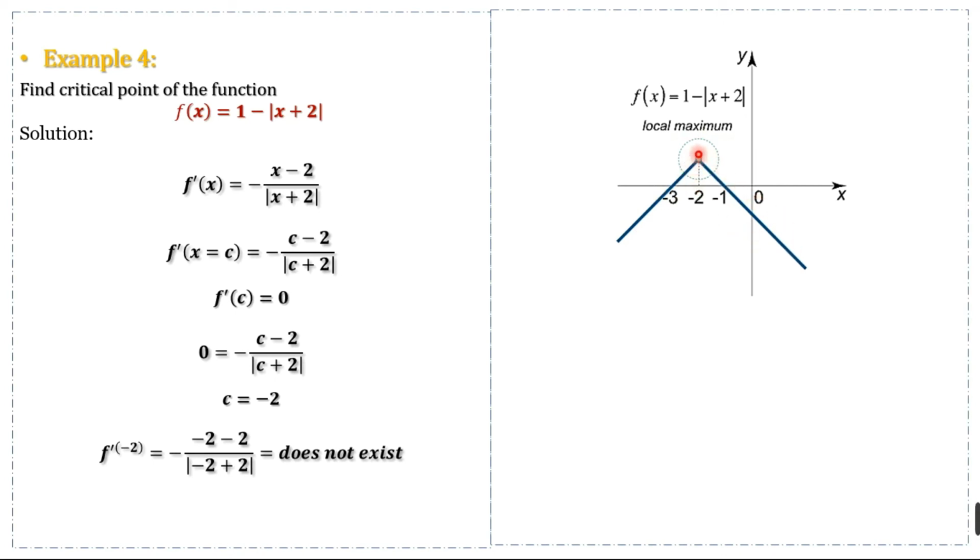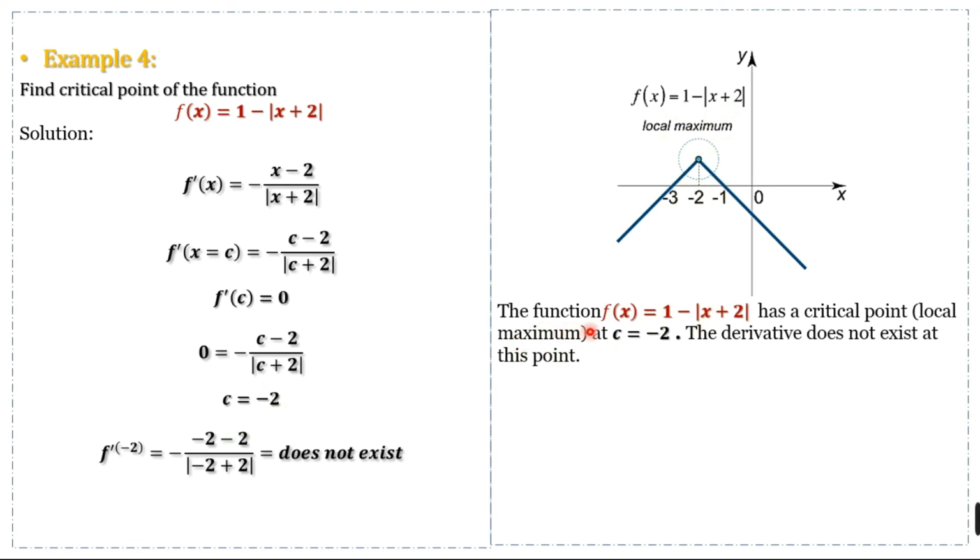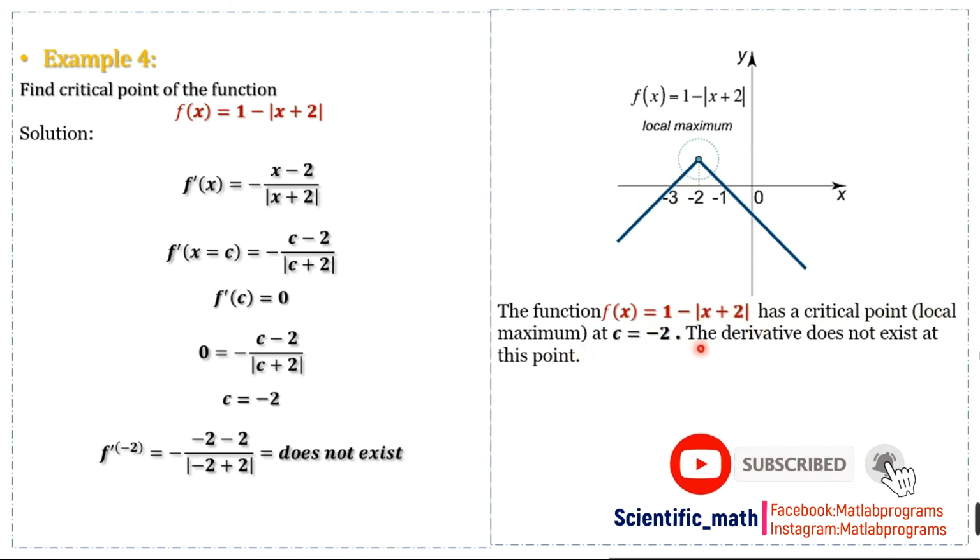We can calculate this point by substituting c is equal to minus 2 in this function, and we get this local maximum point. Okay, so the function f of x is equal to 1 minus mod of x plus 2 has a critical point or local maximum point at c is equal to minus 2,